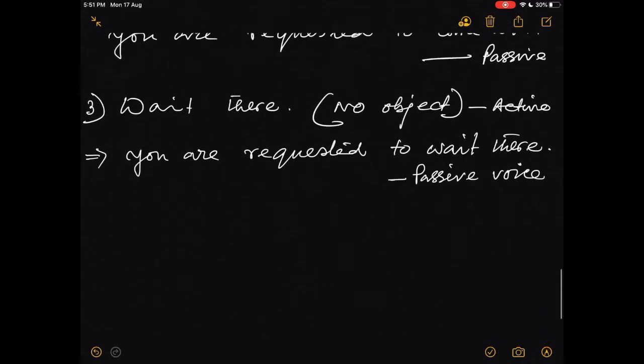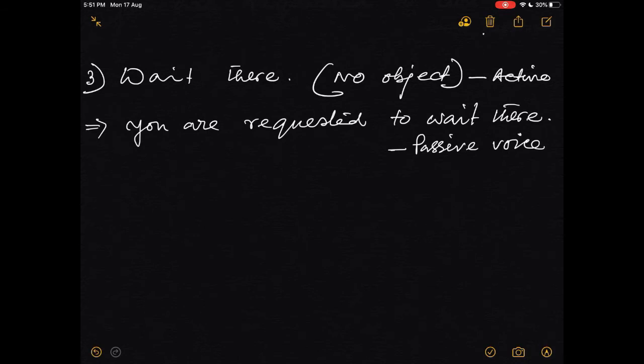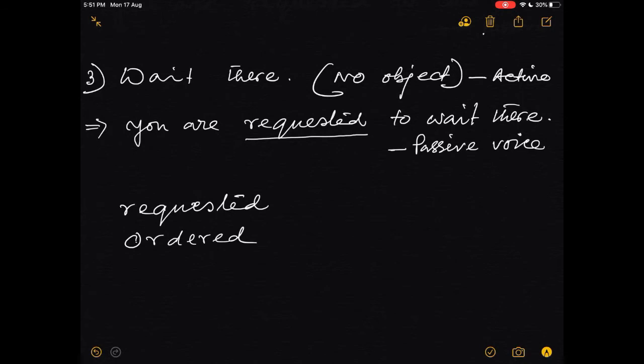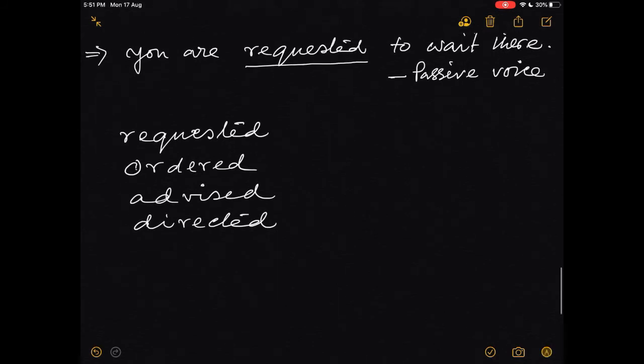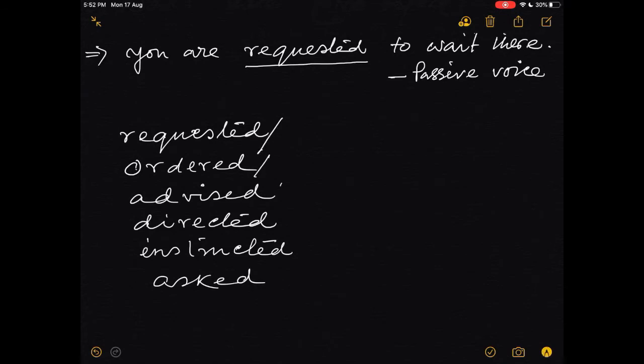Understand? In this context, you must remember that in place of this requested, you can use, according to the sense, requested, ordered, advised, directed, instructed, asked, or